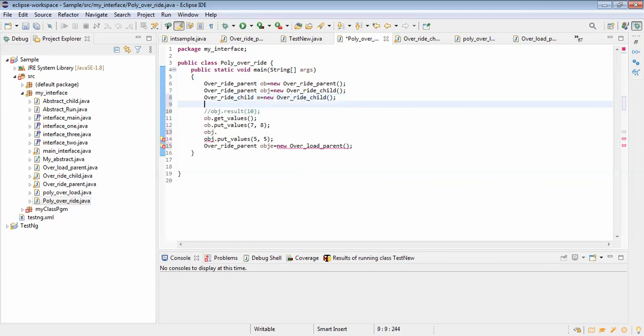Now tell me, what are the methods I can access in m? Child class methods and also parent class methods. Parent and child, both methods we can access. Perfect. Both we can use, because the child class has parent and child both together, right? So we can access both the methods. Now it is very clear.